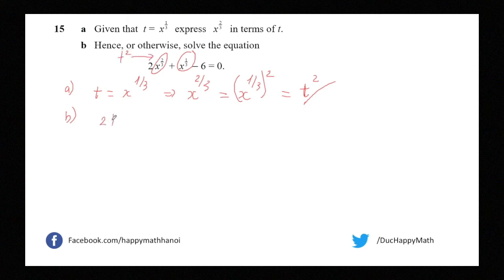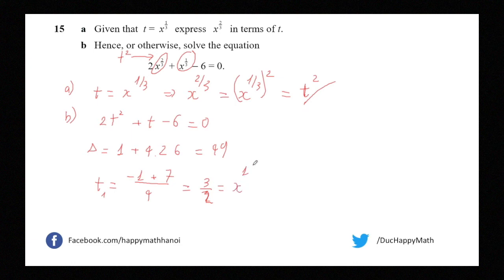And after that, you have 2t square plus t minus 6 equal to 0. And delta will be equal to 1 plus 4 times 2 times 6, which means 49. And t will be equal to minus 1 plus the square root of 49, which is 7, divided by 4. So the first is 6 over 4, which is 3 over 2. This is t1, and this will be equal to